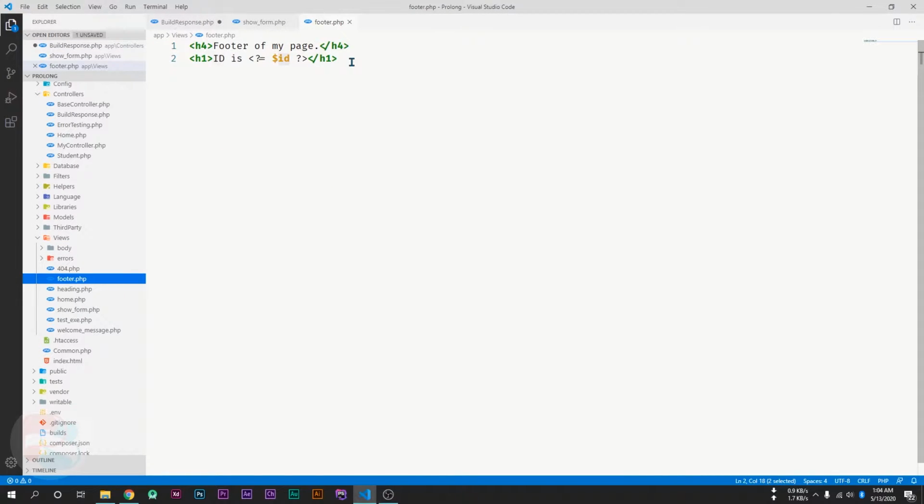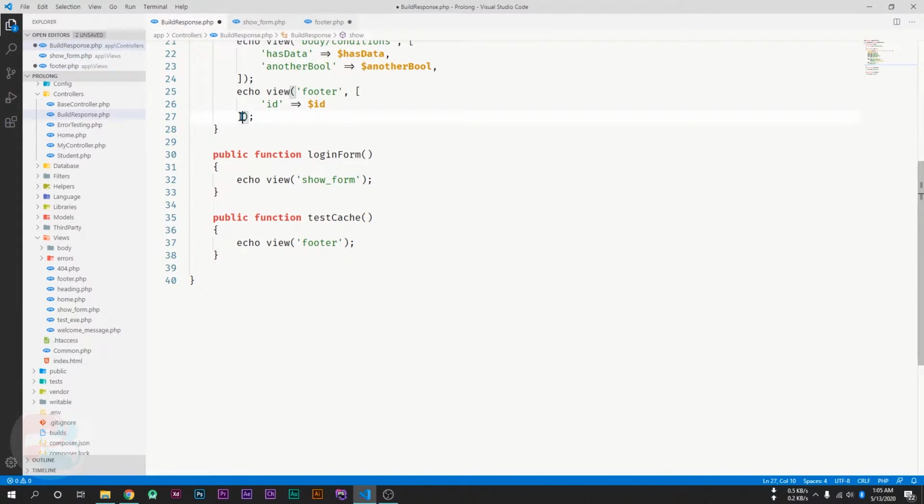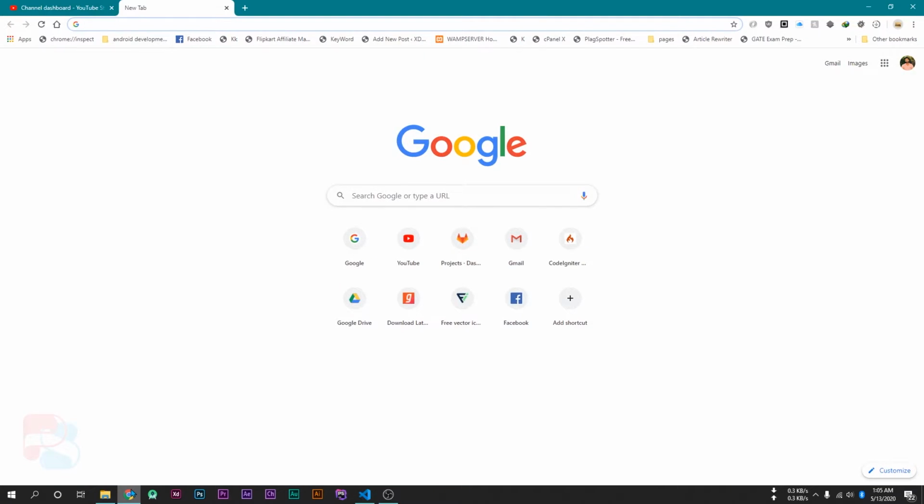If I go inside this footer.php, there is an h4 and an h1 tag. Now I'll remove this, save our files and open this in the web browser. Before this,